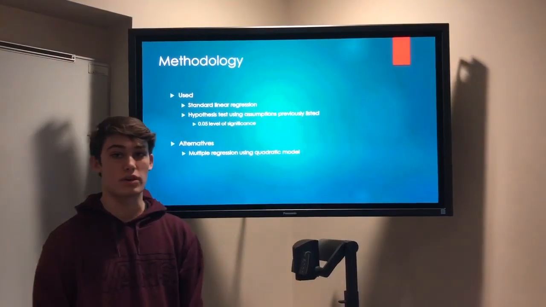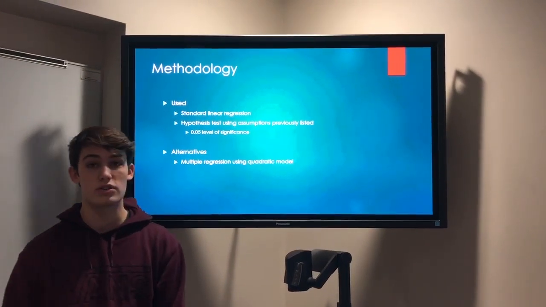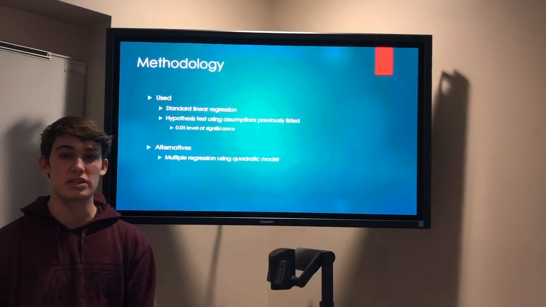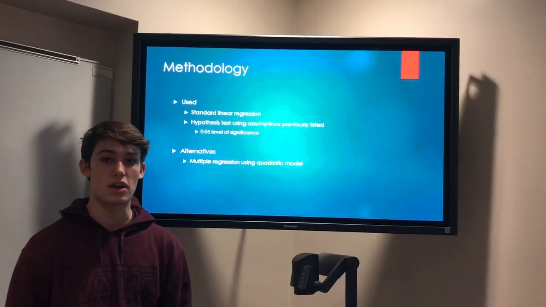One of the alternatives that we were thinking about using that we did not go with for this project was multiple regression using a quadratic model. The reason that we did not go with this method, however, is because it did not increase the R-squared value